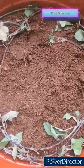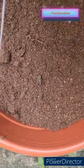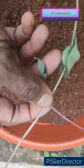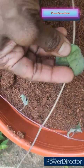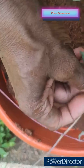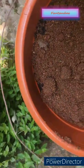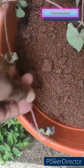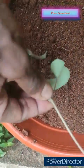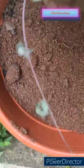So this is how the plant has been potted now. So this is the other plant which I brought. Its leaves are different. I showed that time. It has got some variegation here. So this doesn't have roots at the nodes like the other plant. So I'll just try my luck